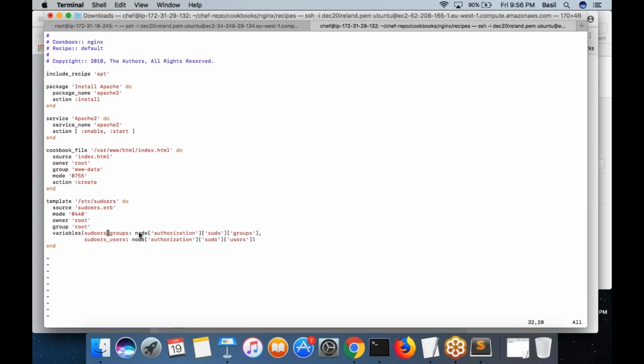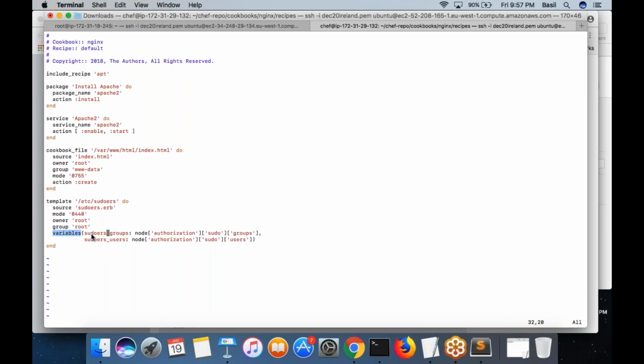So basically I am going to define an attribute for groups and another attribute for users, and then that would be used by this particular recipe, and the list of groups would be assigned to this variable, and the list of users would be assigned to this particular variable. So why are you defining variables here in the resource?